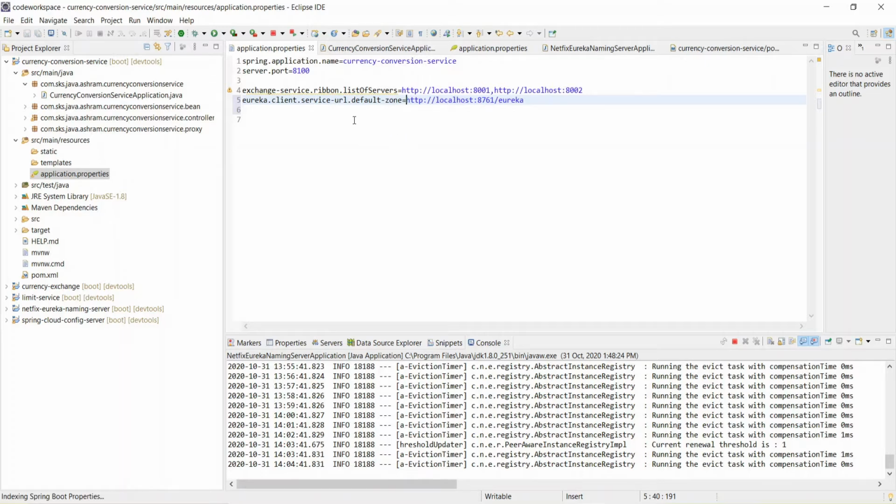Fine. Control S. So eureka.client.service-url.default-zone is the path where our Eureka server is running.